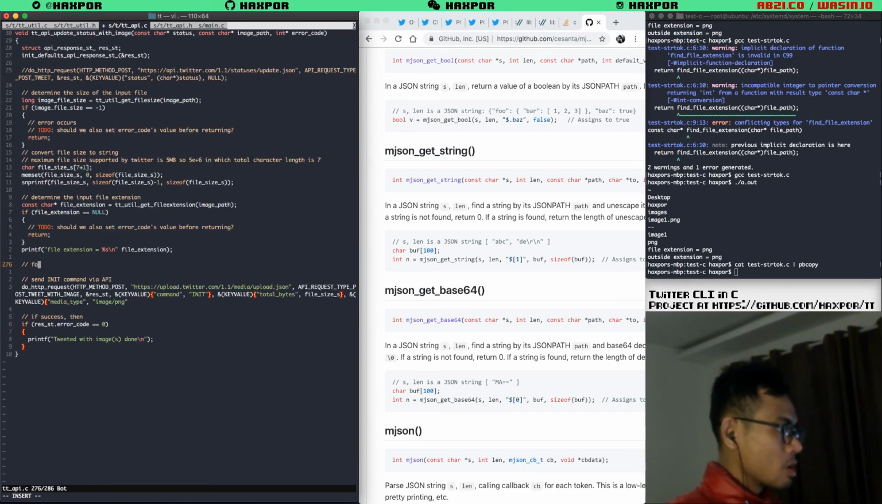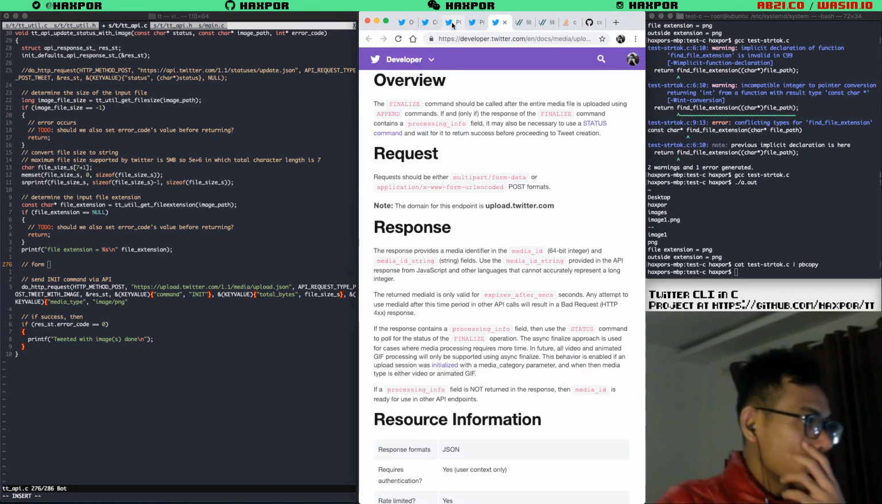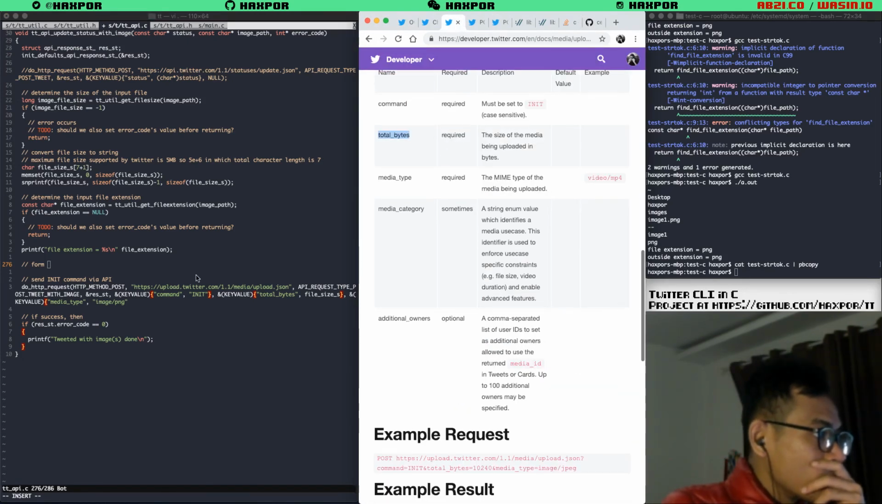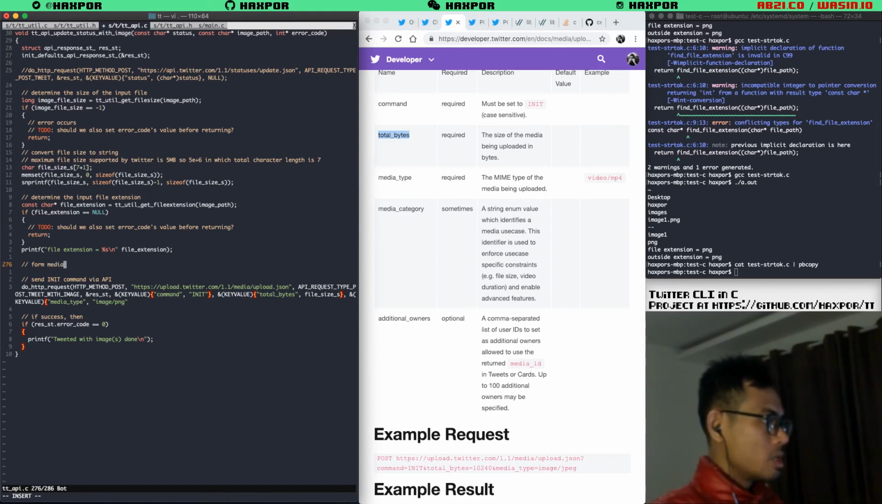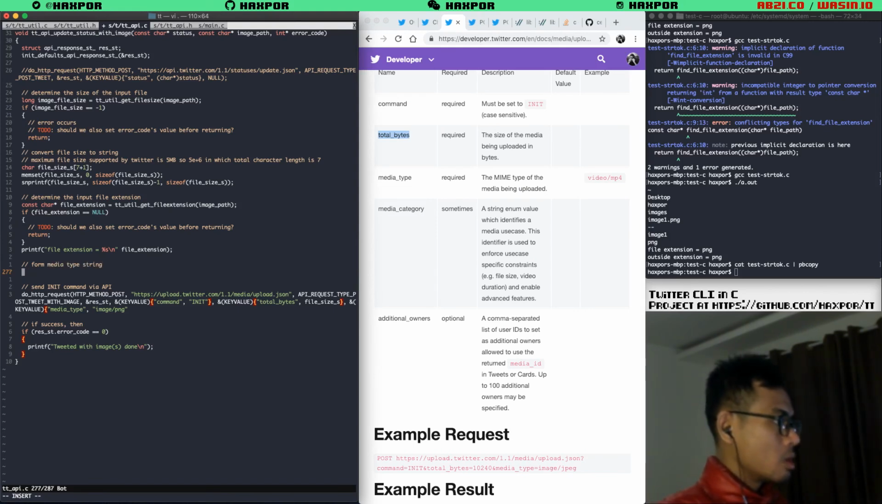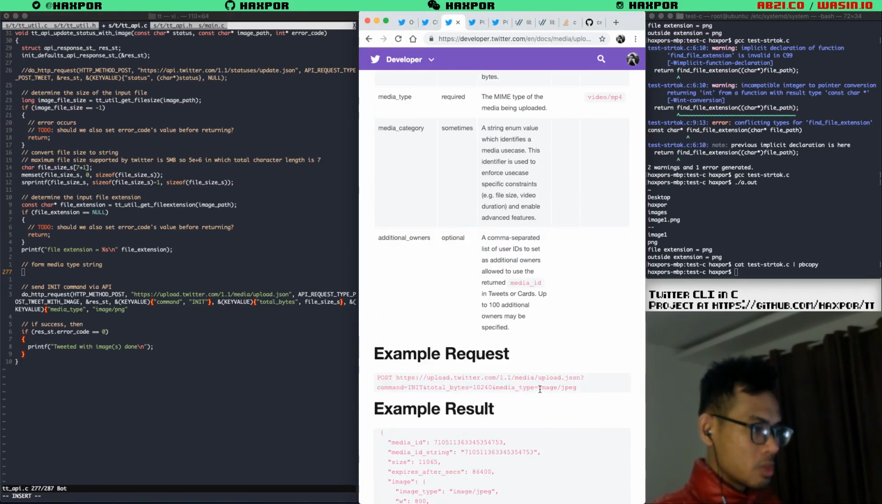And then form. Now we can go back to the Twitter document. Media type, form media type string here. Media type string. JPEG. Let me count it. The maximum: 1, 2, 3, 4, 5, 6, 7, 8, 9, 10. So the maximum in this case seemingly is